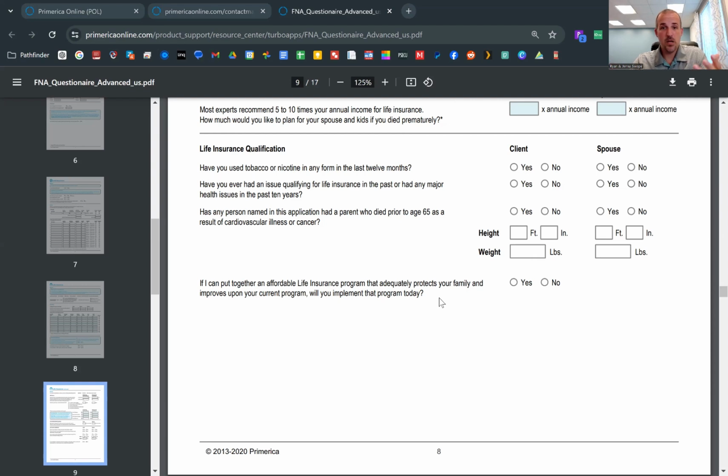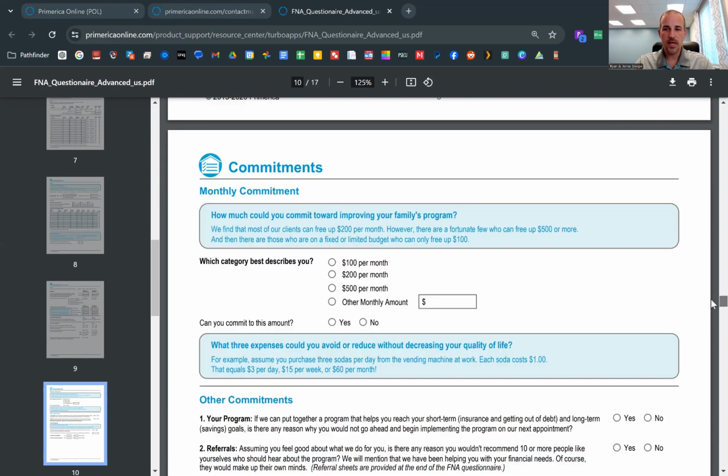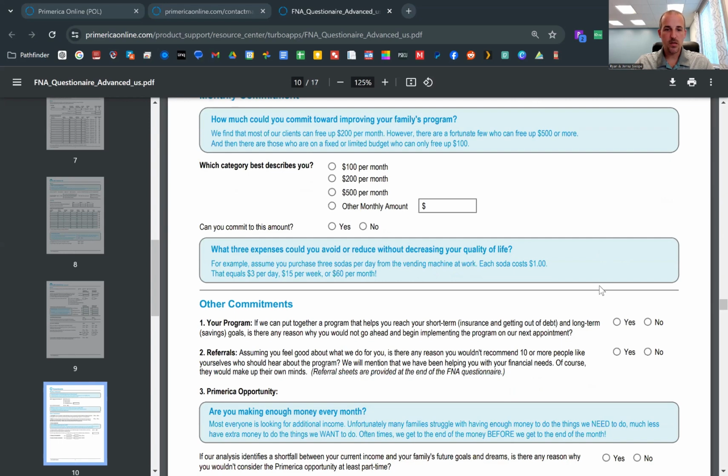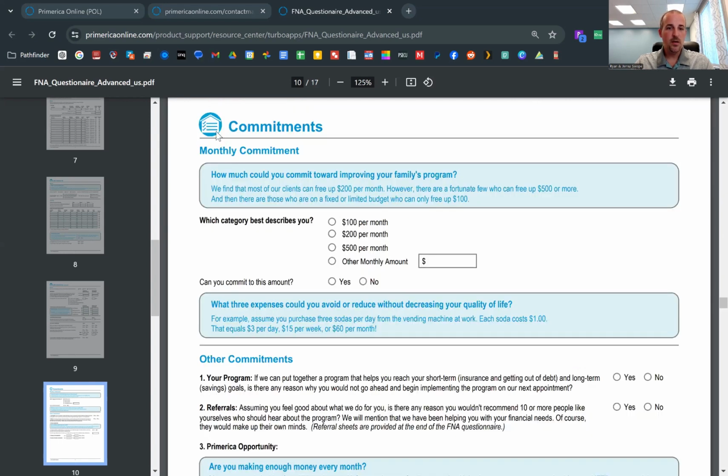Well, if it's better in every way and it improves on what I'm currently doing, I can't think of a reason why I wouldn't. That's a way to get kind of a tie down and make sure you're not wasting your time. Another commitment you can get, and again, we're just working through this sheet, is